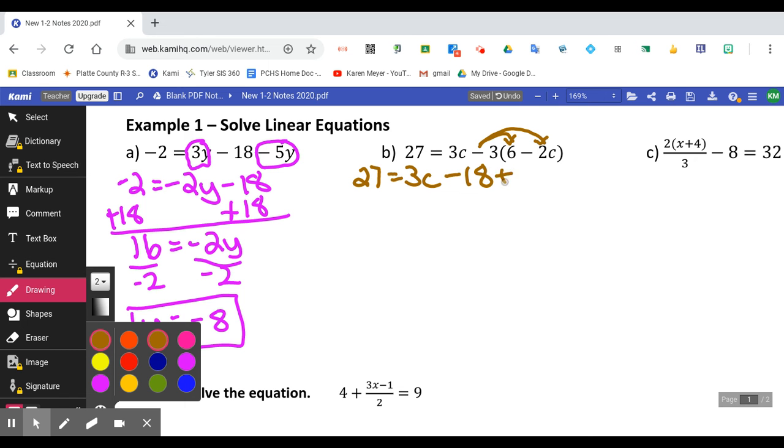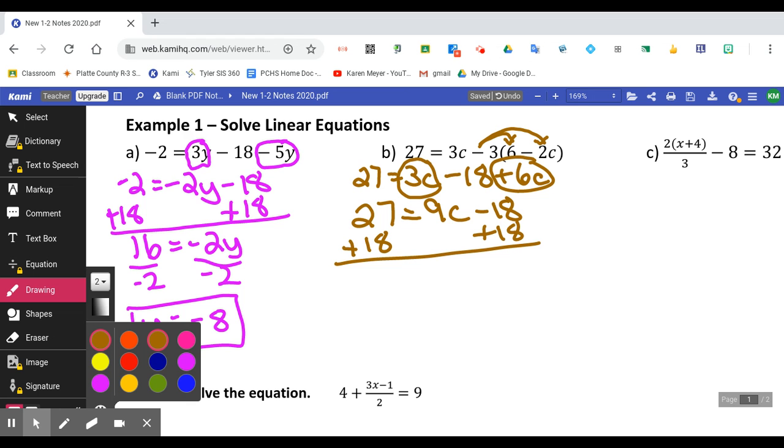2c is positive 6c. Then once again, you should notice that you have like terms. So I'm going to circle my like terms. So 3c plus 6c is 9c. Then your job is to get 9c all by itself. To move the minus 18, you have to add 18 to both sides. And 27 plus 18 is 45